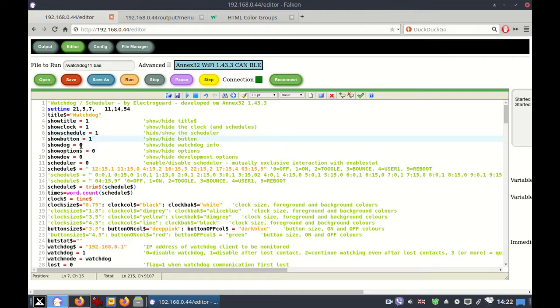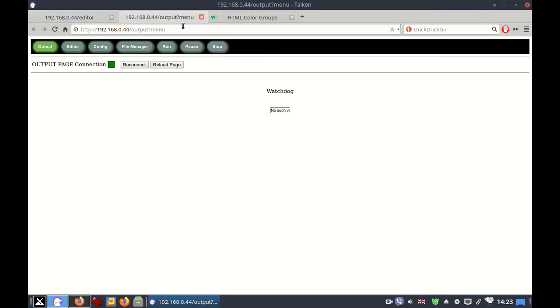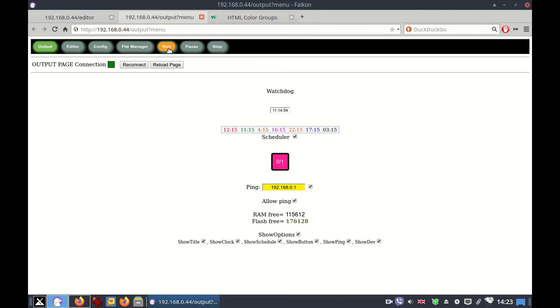Button, Watchdog, options, development options. And might as well look at the scheduler. Turn it all on. That should be it. So that's a bit different. So there's the